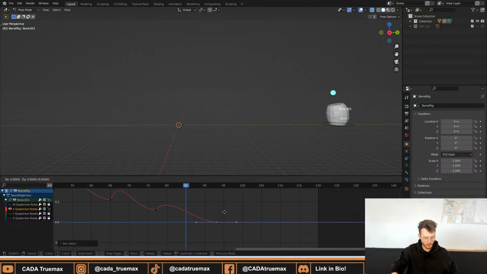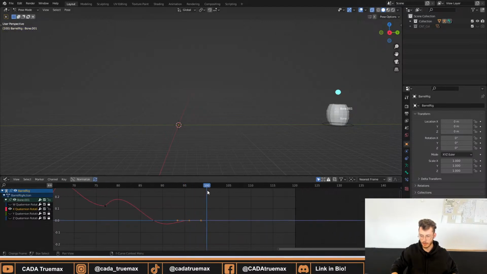And I will move this back because I can use this key, Control C, Control V it a bit later on. I'm doing the exact same thing, just doing the key thing, changing this a bit,